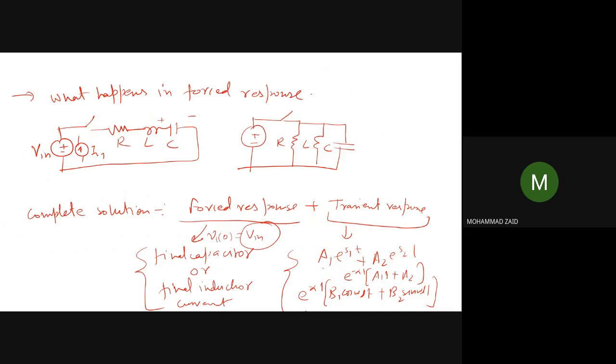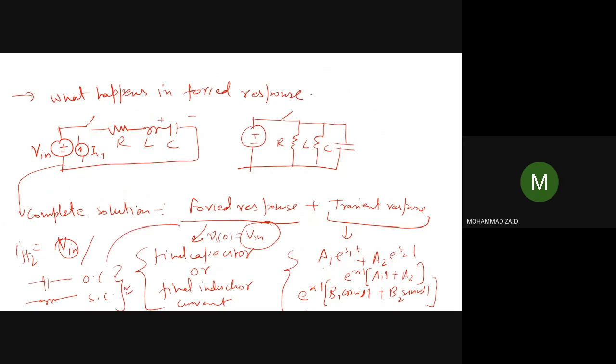Okay, if it is an inductor current, then what will be the inductor current that will be flowing in the circuit finally when all the transients will die out? The final current of the inductor in this series circuit will be, because the capacitor will be charged, so this will be open circuited, the final current flowing into the circuit will be zero. So in this way, you can write down the final response just by noting the property that the capacitor will get open circuited finally, and the inductor will get short circuited finally.